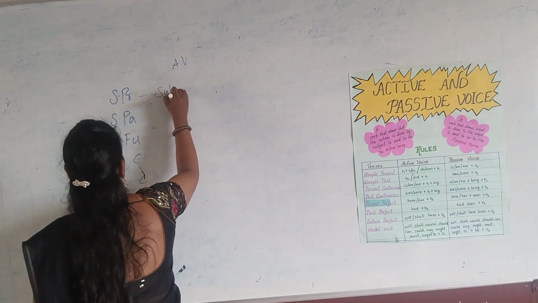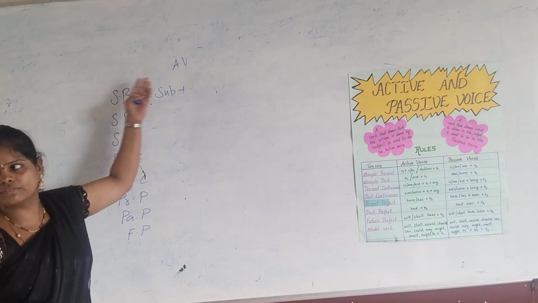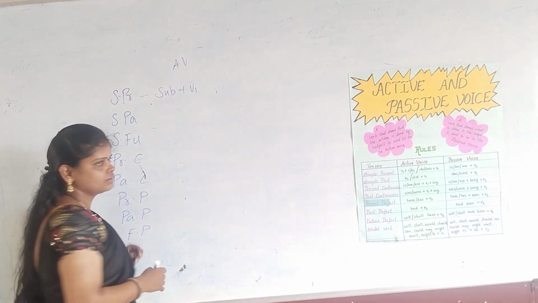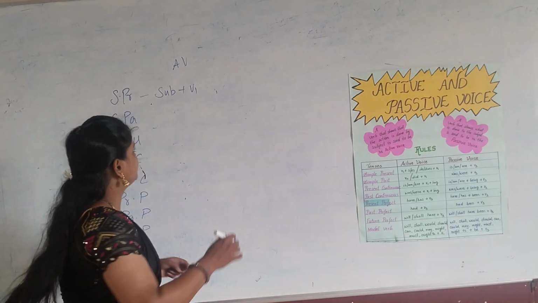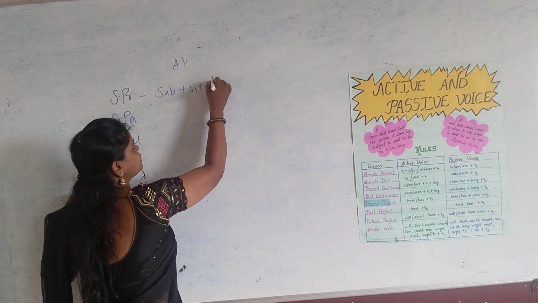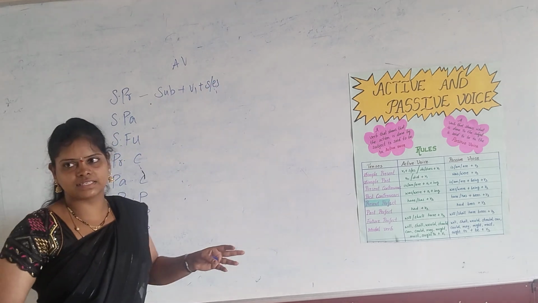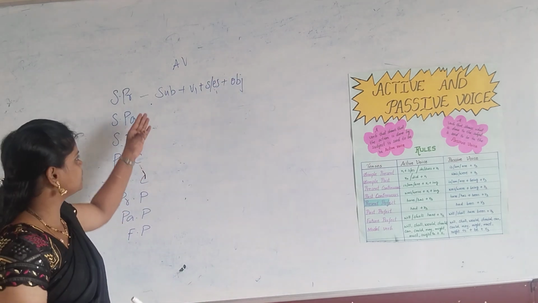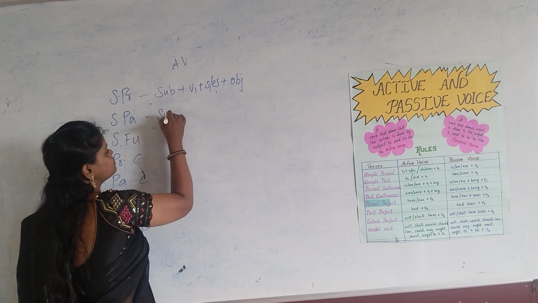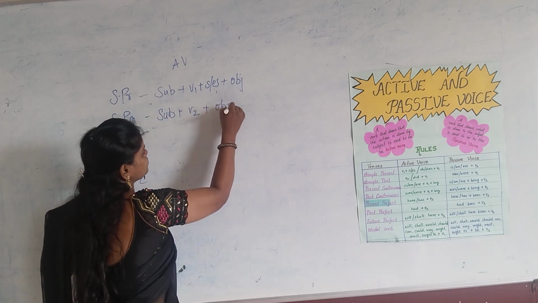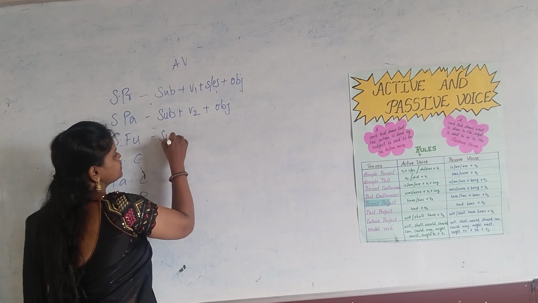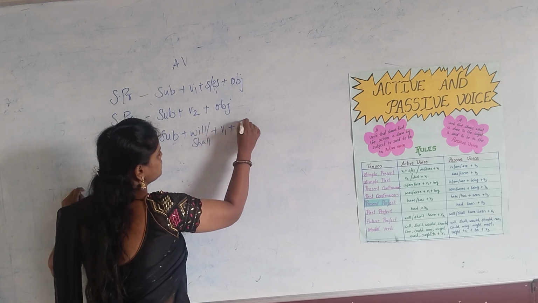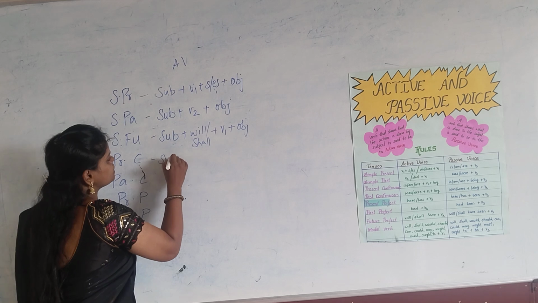It will be subject plus, what is the structure of simple present in normal tenses? Subject plus Do one plus V1. V1 is the verb in the first form, and then for some subjects we will add S or ES, and last will be the object. In the same way, all the structures: simple past, subject plus V2 plus object; simple future, subject plus will or shall plus V1 plus object; present continuous, subject plus